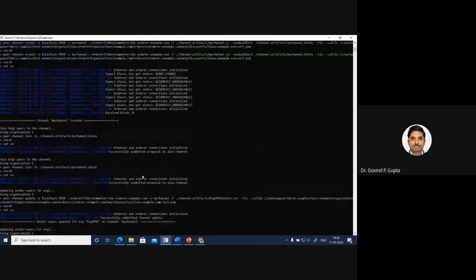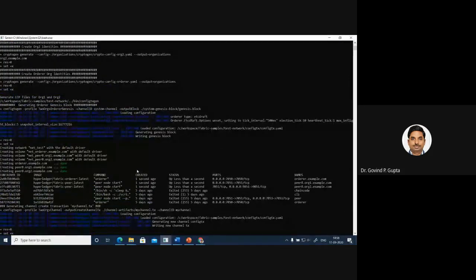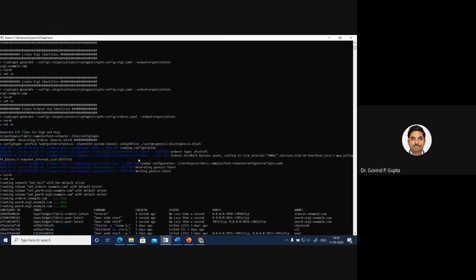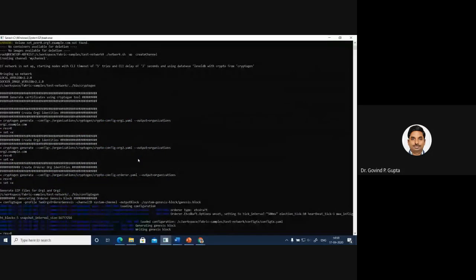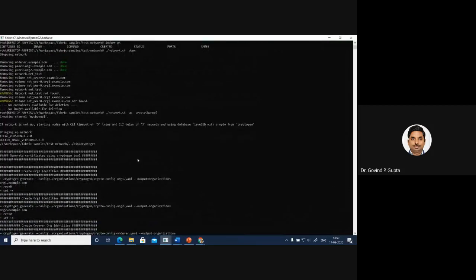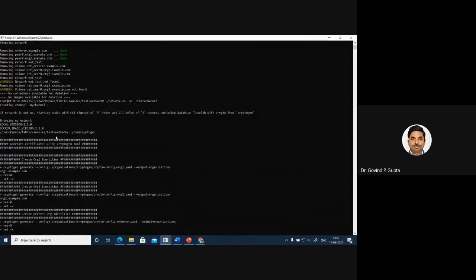So you see what happened here. Before creation of a channel, your network is like a graph without any edges, so there is no communication. Whenever you activate the channel, a Genesis block is created by default. In the blockchain, the Genesis block is the first block.